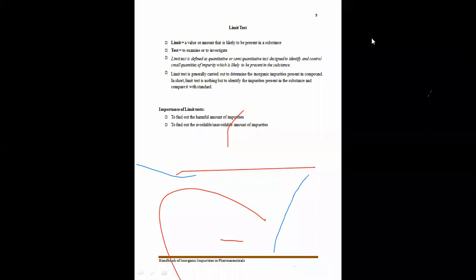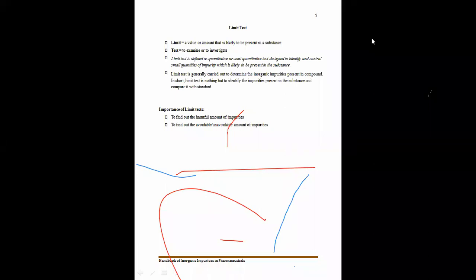limit for their presence. If some unavoidable impurities are there, then we have to set a limit for their presence. So these limits have been given for pharmaceutical products, and how are we going to check whether those impurities are within the limit or not? Their presence, if unavoidable, will always remain there. So we have to give a certain limit for their presence.